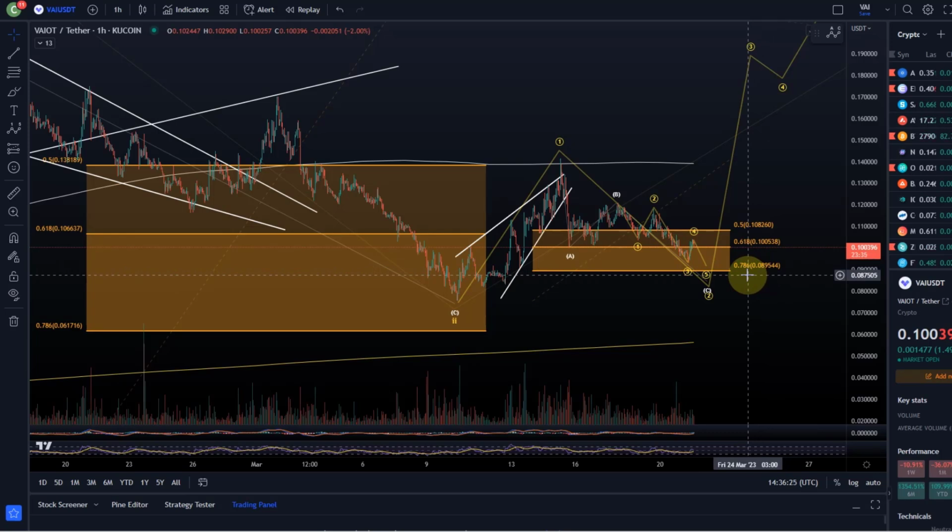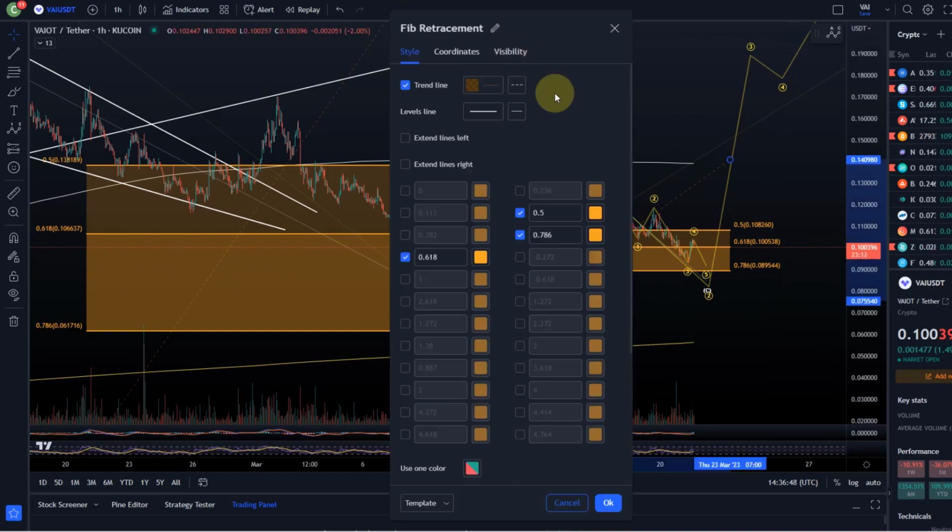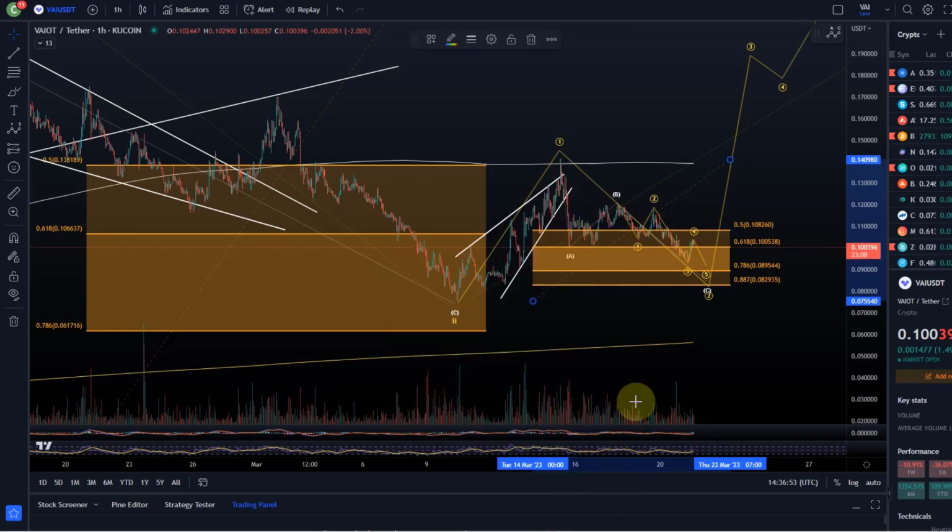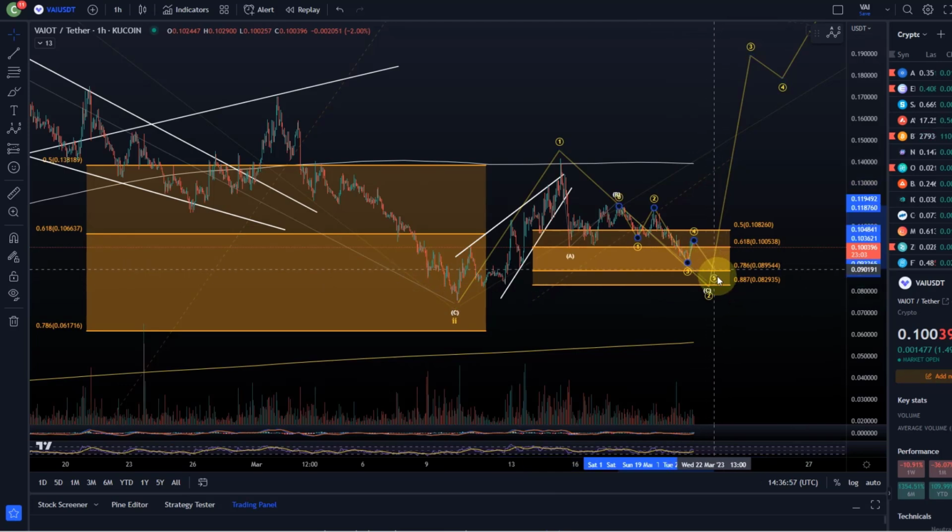But it then will become even less likely. I mean, it's already a so-called orange support area. It's higher risk because the whole chart is a bit messy and choppy. But still, I want to emphasize to you the relevant support areas where in this uptrend, wave 1 up, wave 2 down, the price should ideally turn around. And that is the orange area. Now, if we drop below 8.95 cents, well, you can add the 88.7 fib to the chart. I put it here for info. It's not ideal because if we go down that low, most of these are failing. But because we need probably one more low,